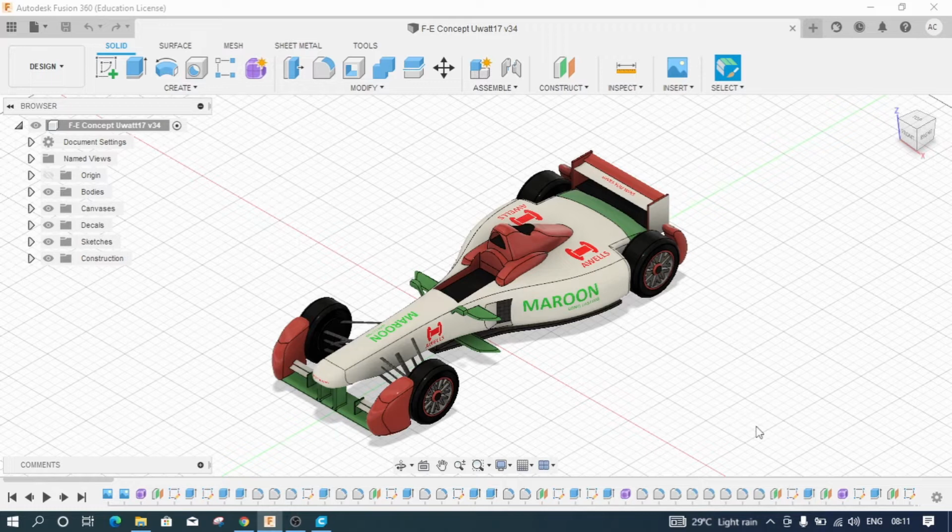As most of you replied that you are familiar with using CAD software like CATIA and SolidWorks, it is not worth spending a huge time in learning Autodesk Fusion 360. But if you are a beginner and want to learn in depth on Autodesk Fusion 360, click on this card above for a detailed playlist for learning Fusion 360.